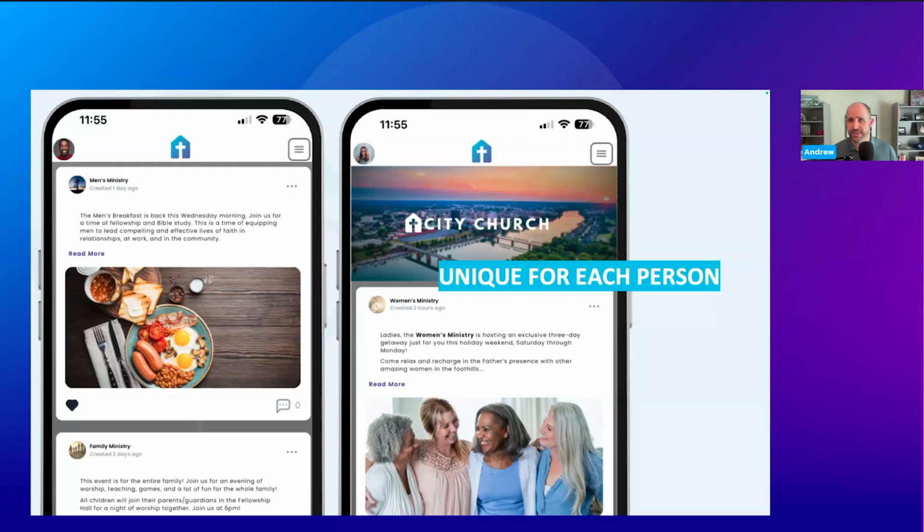Going back to the top, we talked about this concept of personalization. You can set up processes in your database so that, by virtue of the fact that someone is a man or a woman, they are automatically following these channels. From the moment they log in that very first time, here's some content that we think you will be interested in: content the men's ministry has posted about their last event or an upcoming event, discipleship tips, Bible readings for this week, things that we think are going to be pertinent